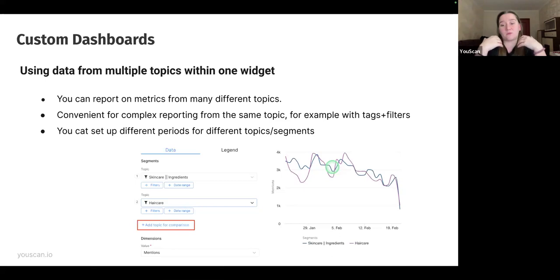Now you can represent those data within one widget very easily. And to do so, you have two options. You can see the first option here. Once you open almost any of the widgets that we have, unless it's a word cloud or the text widget,